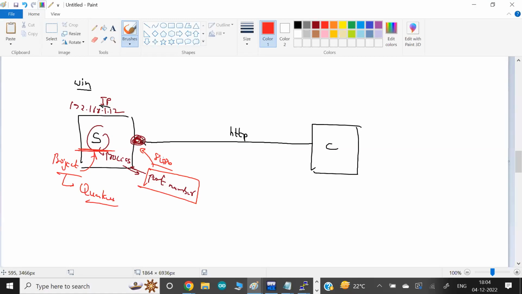But again, it is the responsibility of Quarkus. So when we run this project, Quarkus will generate this port, so my client can connect to this IP address and this port number. And then they can connect to your program or the process. So this is not the very headache part. We will do it very quickly.